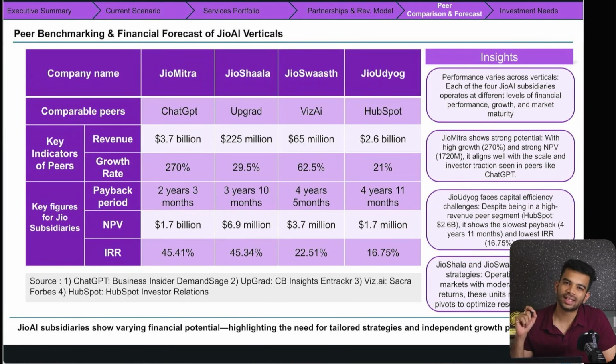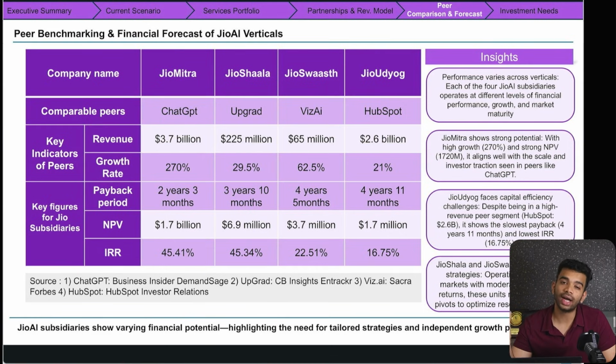Next slide is arguably the most important slide, because this was the crux of the finance part that we had incorporated in this particular slide deck. And here you can see that we have, let's say, assumed that whatever has been the revenue of competitors in this particular space, the first year revenue of the competitors, is going to be the first year revenue of our companies as well. And then we have taken up growth rates based on industry assumptions and so on.